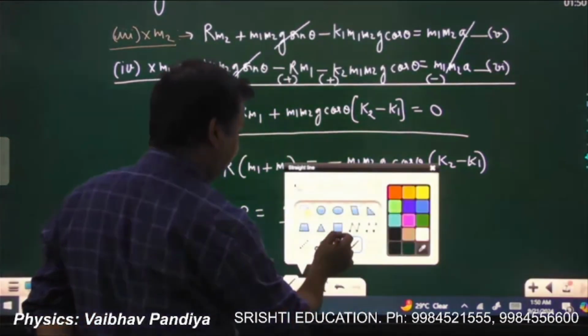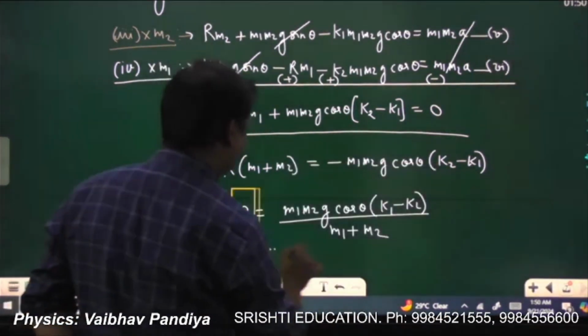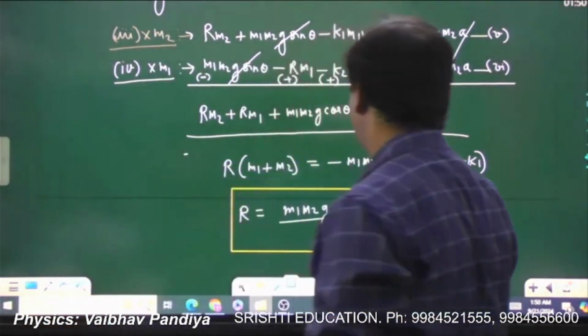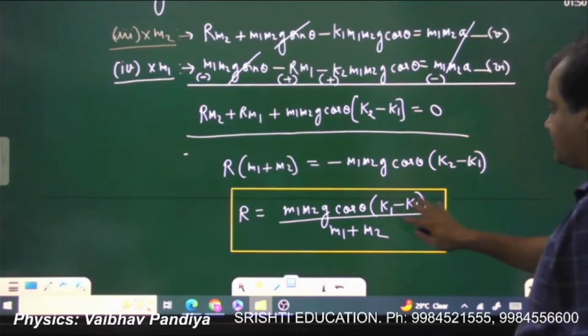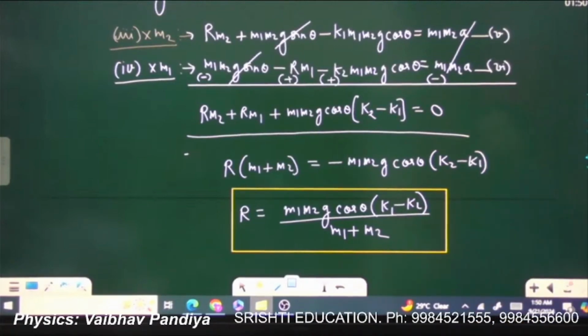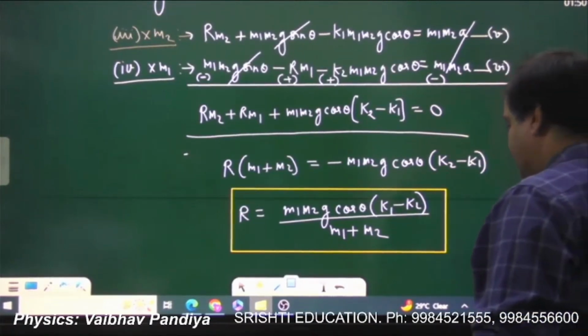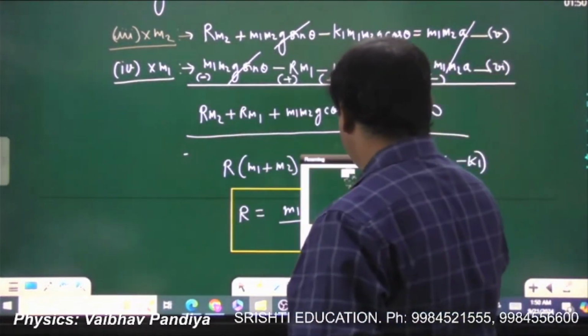So you got this value of r. That is your answer to the first part, the force of interaction between the two blocks. Okay. Now the second part of the problem says,